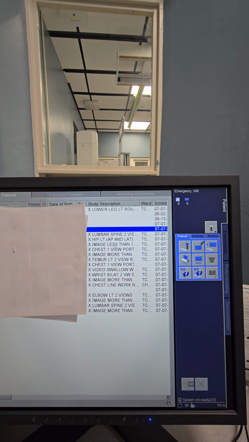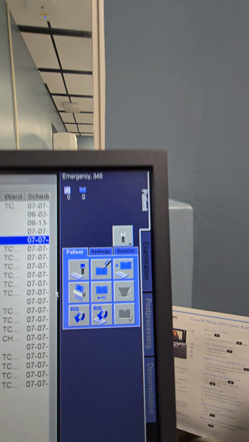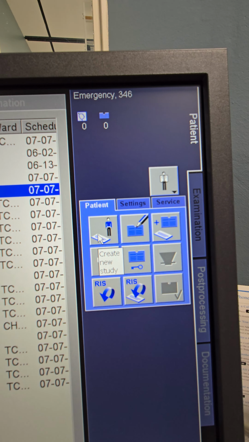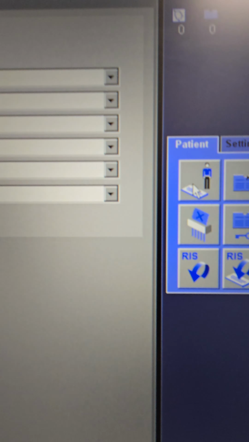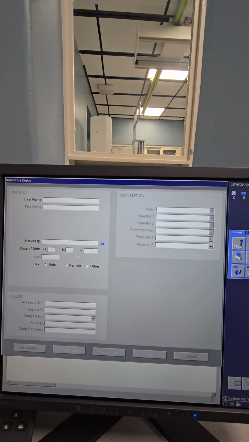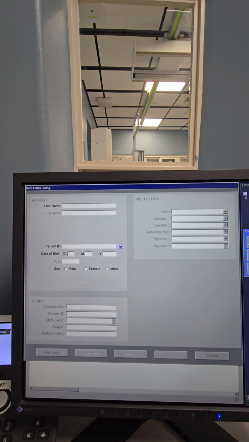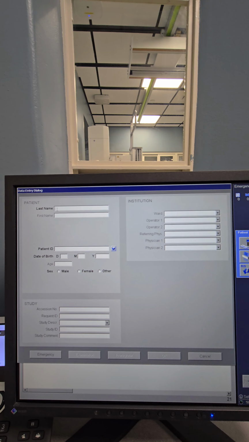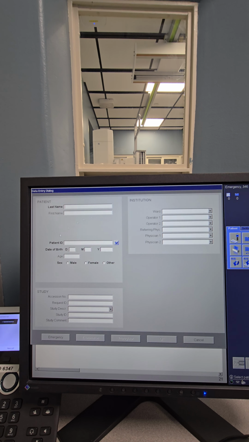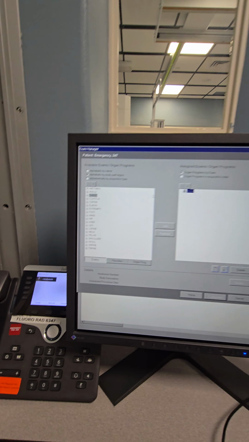When you're doing these for your lab and your test outs, you will do these under an emergency exam scenario. So what that would be is this button right here. It's a little guy and a little keyboard. If you hover over it, it says create new study. So I'm going to click that, and what that does is it brings me to this work list here. This is where you could enter in information if you needed to in a real emergency examination, but for your lab and your test out, you won't have to enter anything in. You don't have to enter in your name or anything along here for test outs, and for labs you would just leave this blank. You would click this button here under emergency when you're finished with that screen,